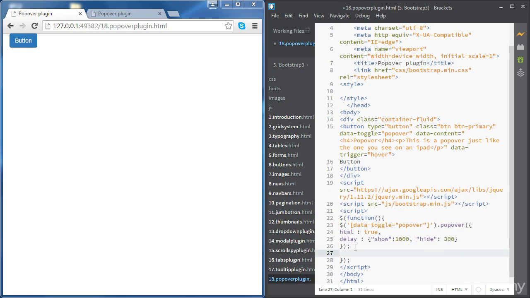Let's have a look at some of the events linked to popovers. Let's have a look at one example. Let's have an alert message that shows when the popover is hidden. First we're going to be accessing the popover, and then we'll use the on method. We're going to need the event followed by the function to execute. The event for this is going to be